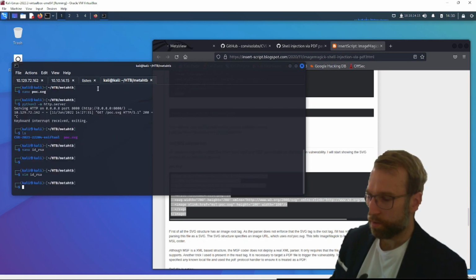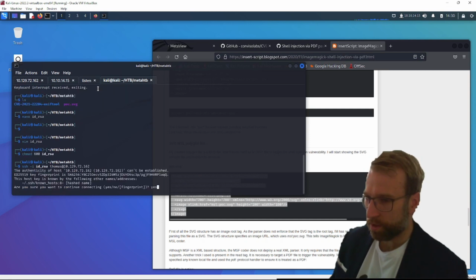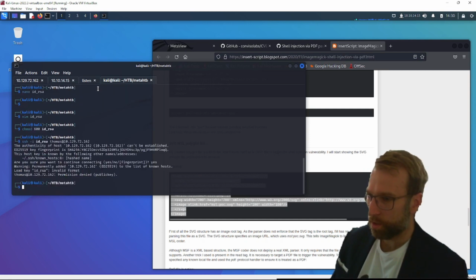So we'll go SSH dash ID. Oh, we have to change our permissions. chmod, of course, 600 and ID RSA. Now we'll do SSH dash I private key Thomas at our target 10.129.72.162. And I don't think this is going to work. The SSH key doesn't look, yeah, it says invalid format. That makes sense. I'm just curious if we remove this key and try VI,